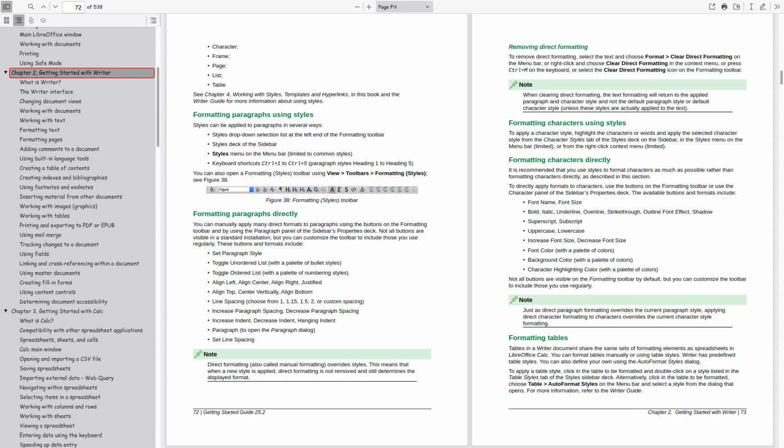Formatting paragraphs directly. You can manually apply many direct formats to paragraphs using the buttons on the Formatting toolbar and by using the Paragraph panel of the sidebar's Properties deck. Not all buttons are visible in a standard installation, but you can customize the toolbar to include those you use regularly. These buttons and formats include: Set Paragraph Style, Toggle Unordered List with a palette of bullet styles, Toggle Ordered List with a palette of numbering styles, Align Left, Align Center, Align Right, Justified, Align Top, Center Vertically, Align Bottom,